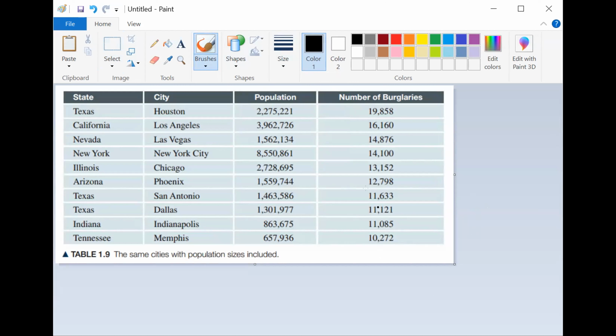There's 10,000 in Memphis, but Houston is like 4 times the size of Memphis. And so just to be clear here, if a place is 4 times the size and the crime is the same, then the number of burglaries should be 4 times, right? So if Houston had the exact same amount of burglaries per person as Memphis does, and Houston is 4 times the size, then the number of burglaries should be 4 times as much. Since the number of burglaries is not 4 times as much, you're actually more likely to be burglarized in Memphis